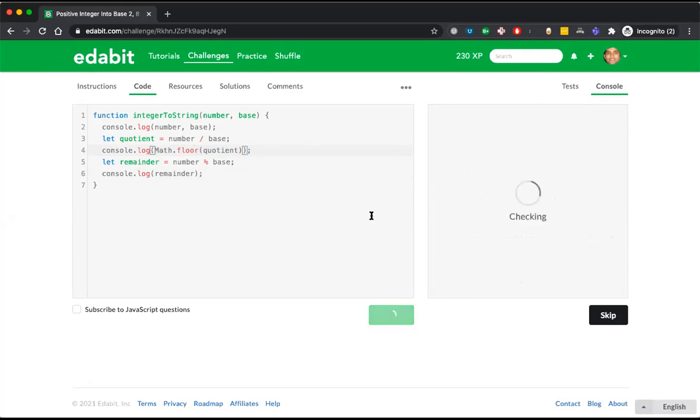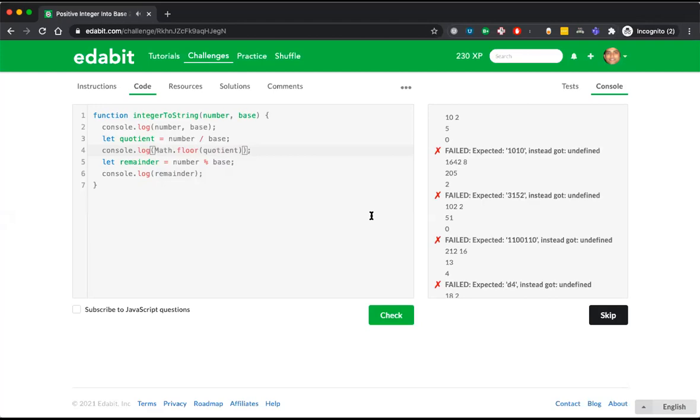So we did math.floor. Let's look at how the answer looks. Cool. So the math.floor got rid of the decimal part and only the integer part remains, which we can pass again with the same base. And we can use the remainder to create the answer. If you have noticed, the answer is in reverse order. So we'll figure that out. Basically what that means is the remainder that I get here should be appended at the end. So the logic would be something like